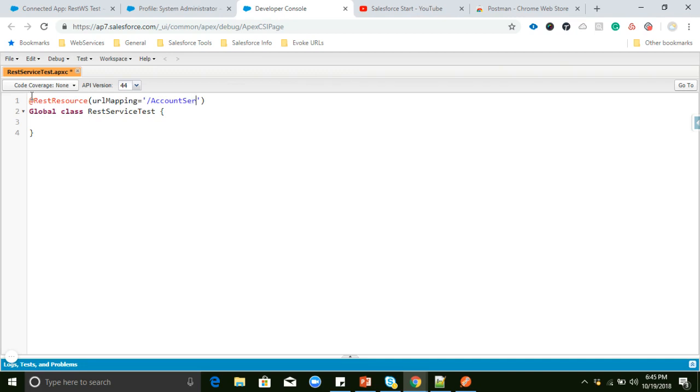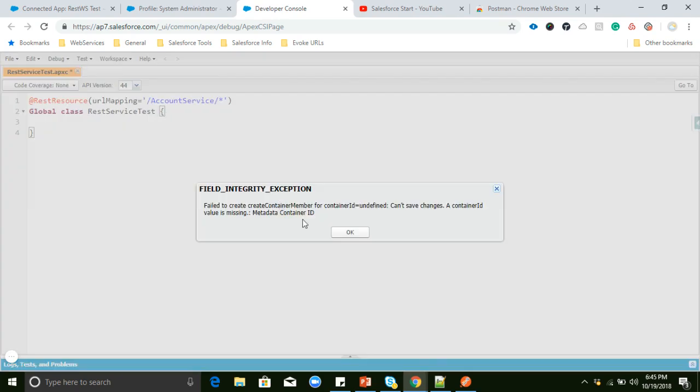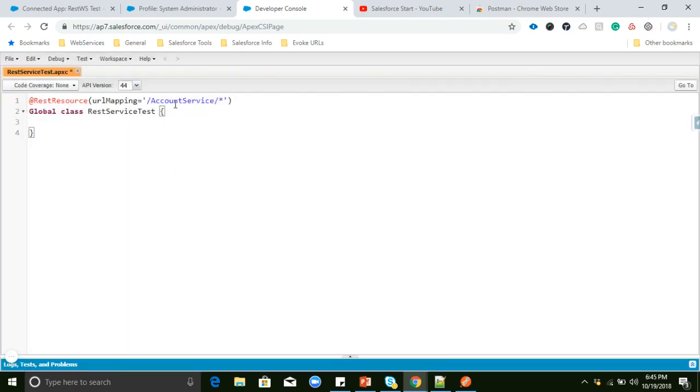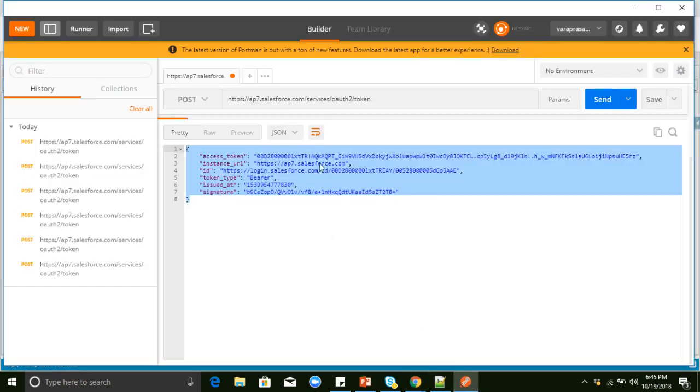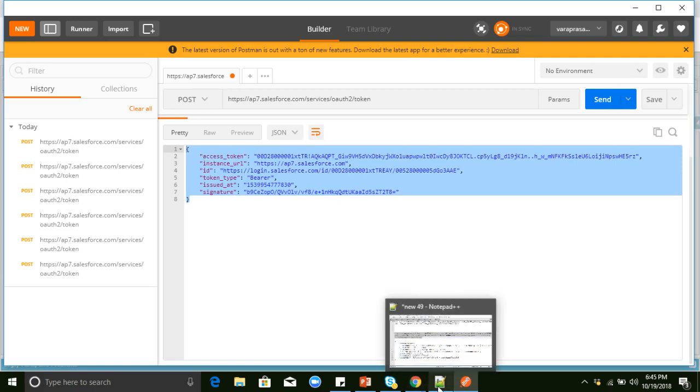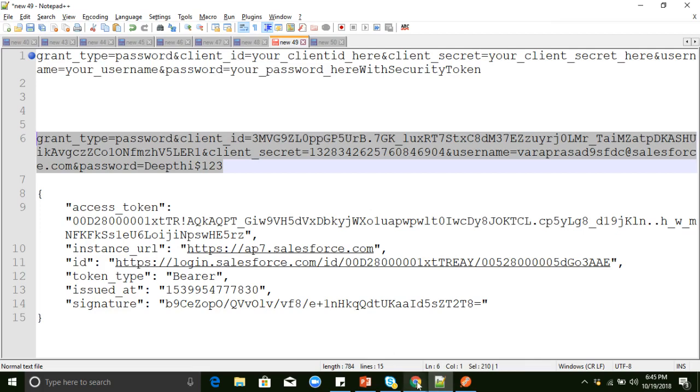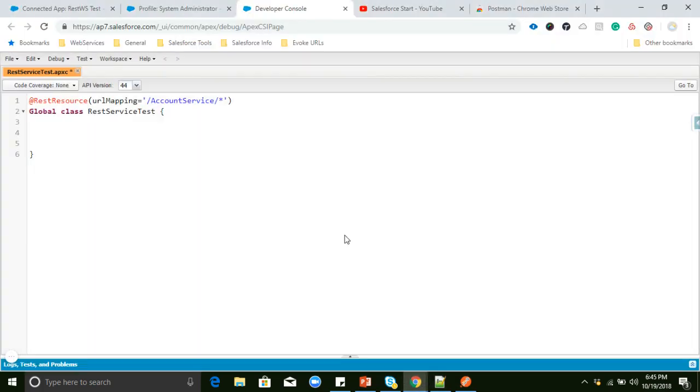So I'm giving the name like account service. This is the predefined syntax for a REST web service. For example, for any third party, here we are using the REST client API Postman, for example, SAP wants to connect to the Salesforce server. So we need to provide the connected app details as well as this class URL. We need to provide what the URL for this class is. So directly we can do it like this.